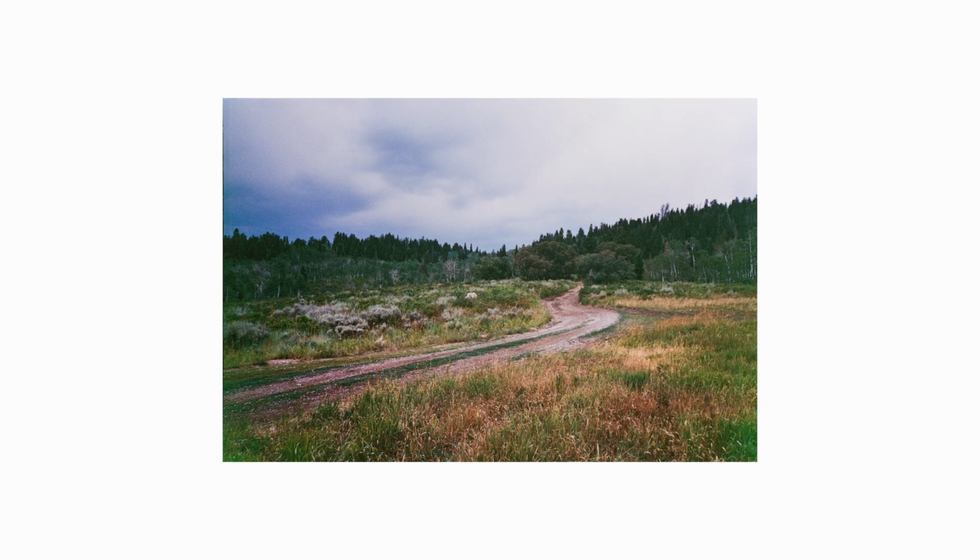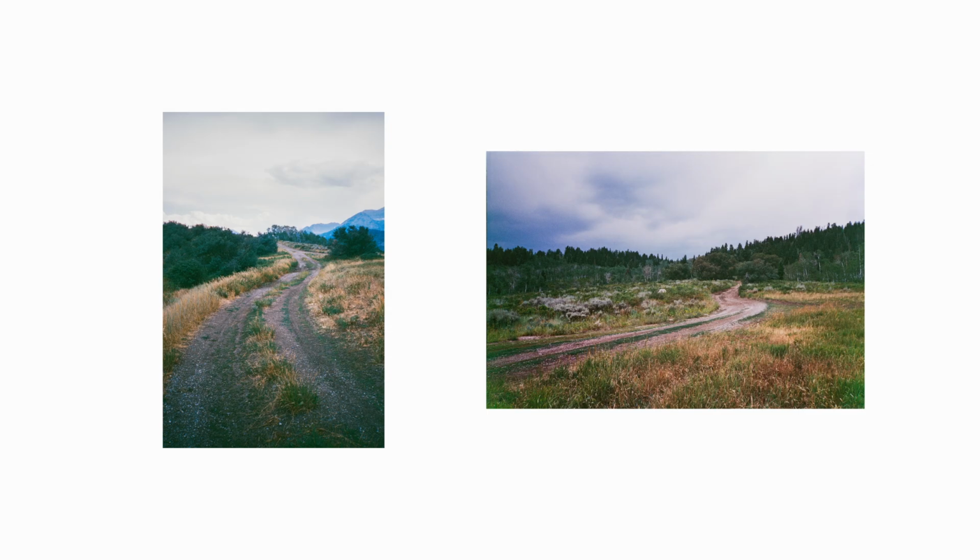So these next two shots ended up being some of my favorites from this roll of Cinestill. I just liked the compositions of the road. I thought it was cool. And I was also able to get a lot of the purple out, which I thought was nice. And I really just liked the green tones and kind of the more neutral tones that were brought out through